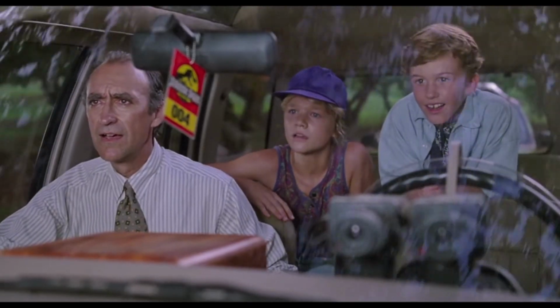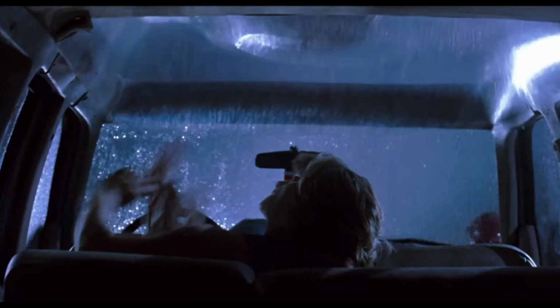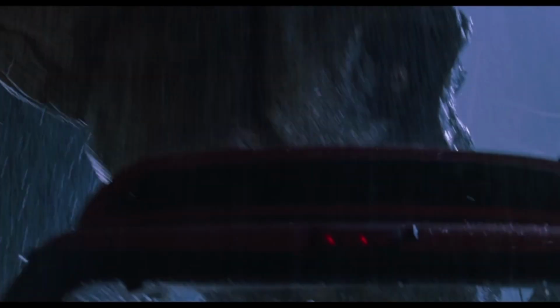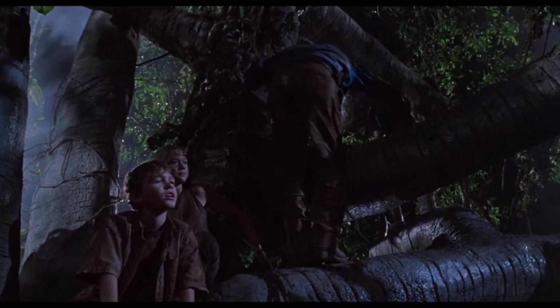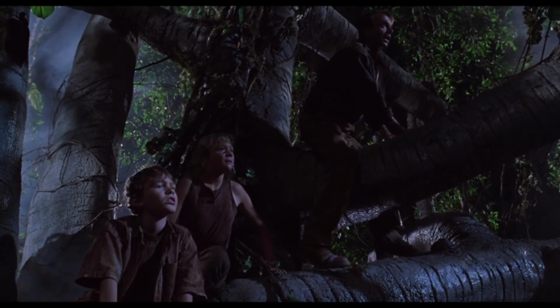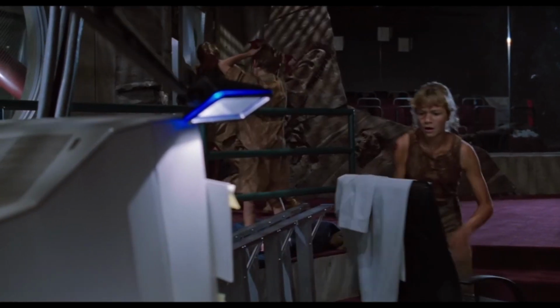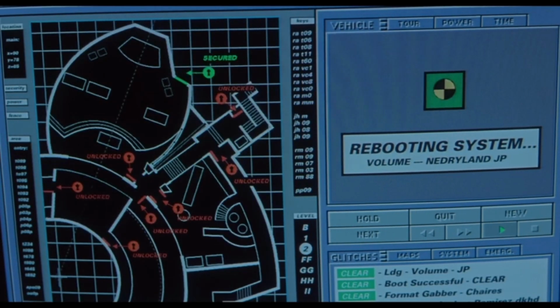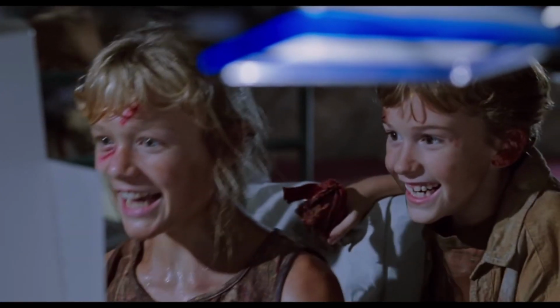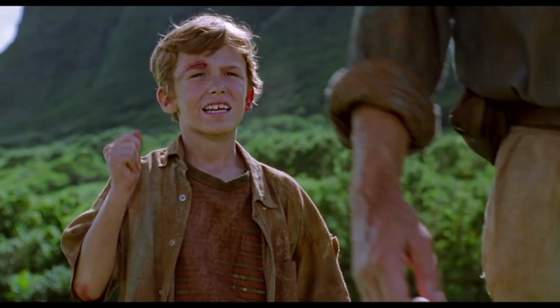Lex and Tim represent the innocent, being mostly children in harm's way in need of rescue. Their intentions are pure, and they represent the worst case scenario for the dangers of the park. Dead children. They do have their moments, with Tim being a younger dinosaur expert able to identify several species, and Lex being a hacker who is able to bring the park back online. They don't really need arcs, but they do have some moments to shine, with Lex proving her worth as a hacker and Tim as a younger dinosaur expert.